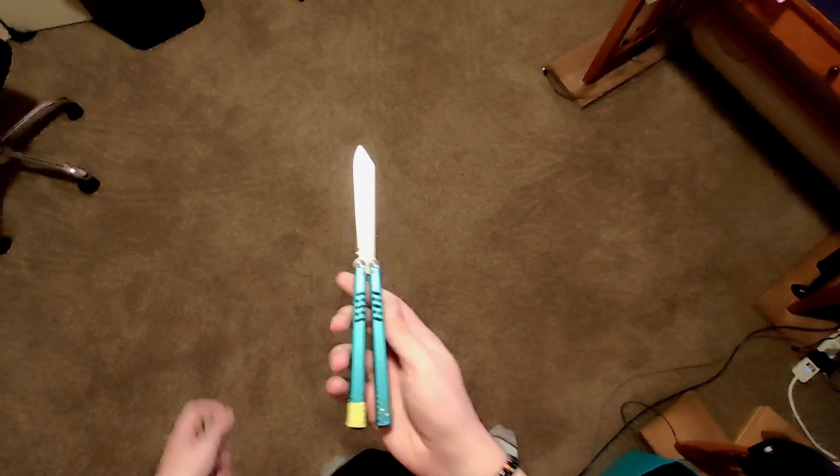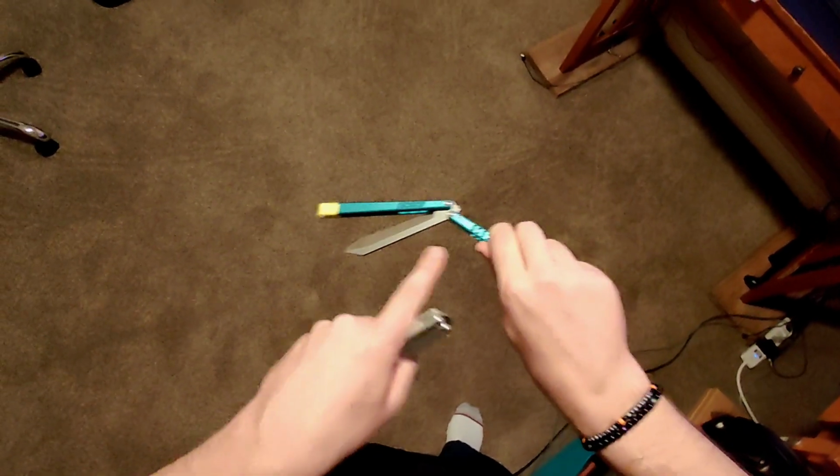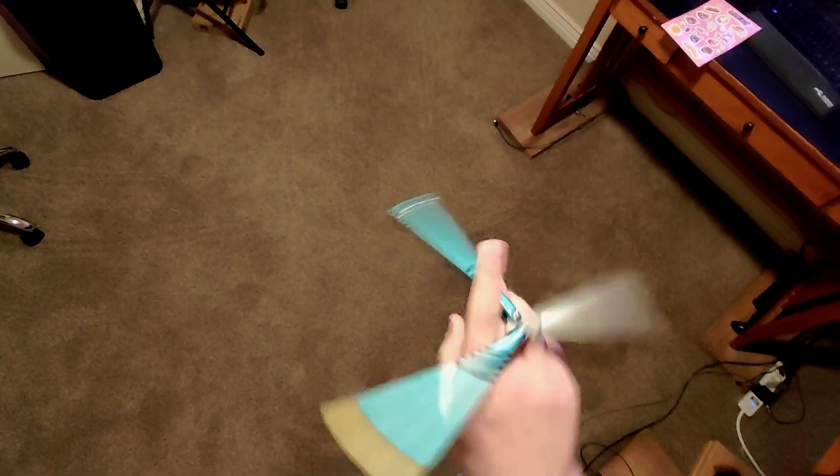Once you get familiar with a knife, you can learn just by flipping, you can kind of feel, or just by looking at the blade as it's spinning, you can tell if you're holding the right handle or not. Or you usually just learn a combination of moves that you know will not cut you if you're doing them right. And with this knife,